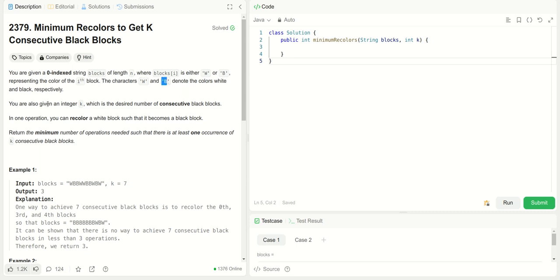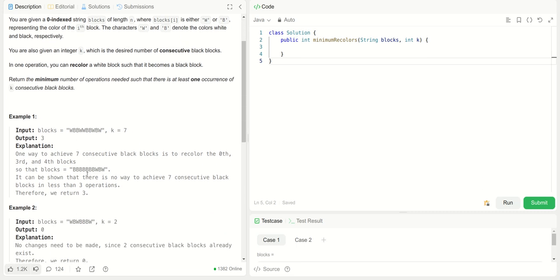You are also given an integer k, which is the desired number of consecutive black blocks. In one operation you can recolor a white block such that it becomes a black block. Return the minimum number of operations needed such that there is at least one occurrence of k consecutive black blocks. So we need to identify a window of consecutive blocks of size k,